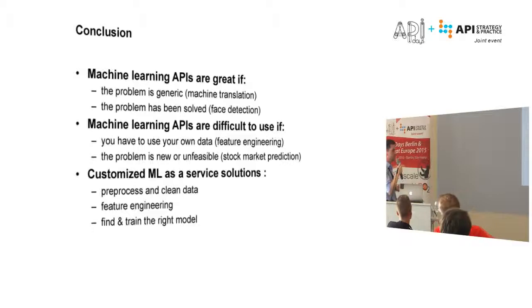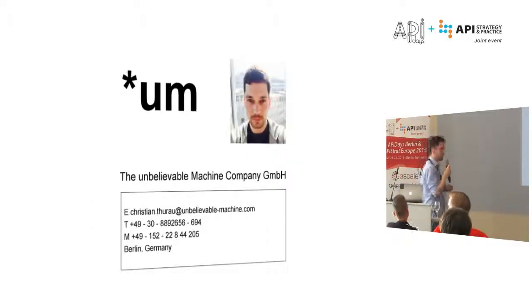So, and for all the rest, I would really say that a customized machine learning solution is something that you should also consider. If you have a very specific problem, ask some experts to talk about the data, do the feature engineering, and then find and train the right model. I now skipped the part about the right model. I think I said it's not that important, and that's true, it's not that important, but it's still important to have a good classifier, but features are actually way more important in that sense.